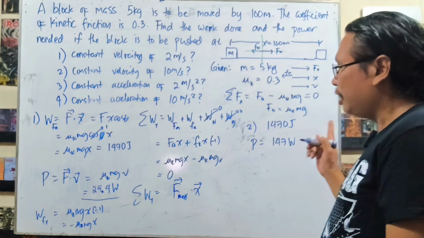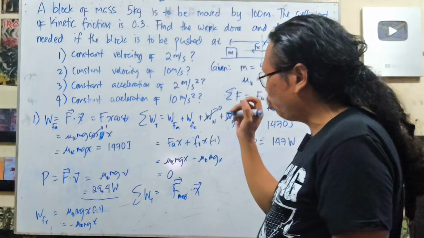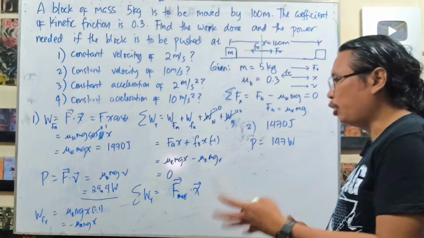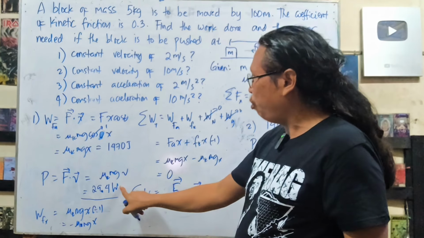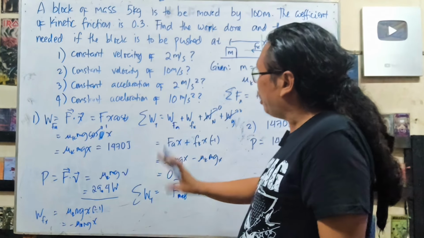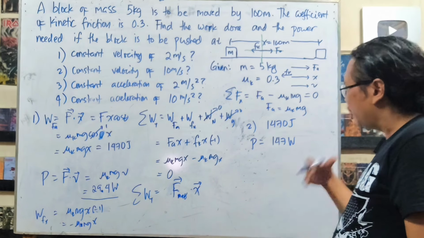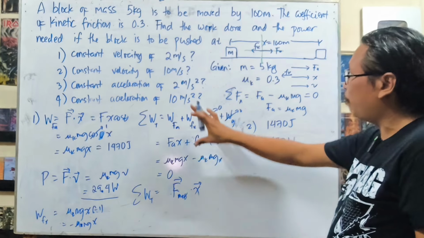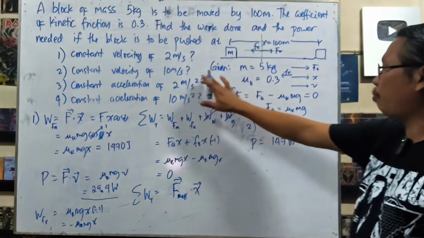That means that if you have a battery that can run only up to 30 watts, let's say your battery rating can only supply power of 30 watts, assuming that all of it can be converted into work, then that battery can only move up to 2 meters per second. But if you go faster than that, that you need to consume greater than 30 watts, then that battery could no longer perform. You need a stronger, more powerful battery in order to perform this.